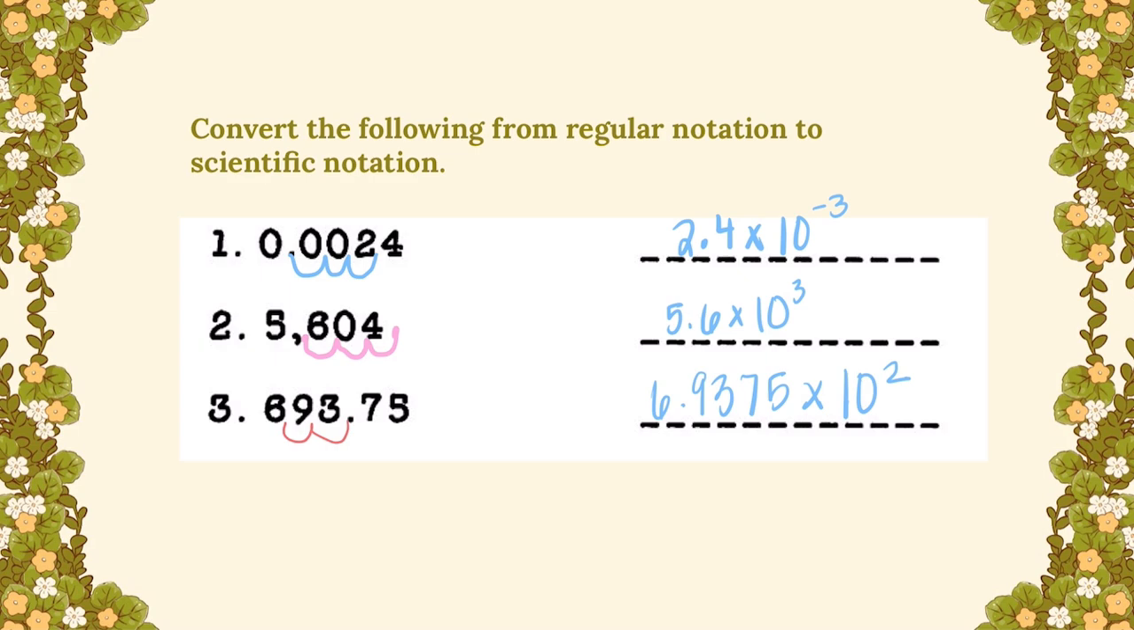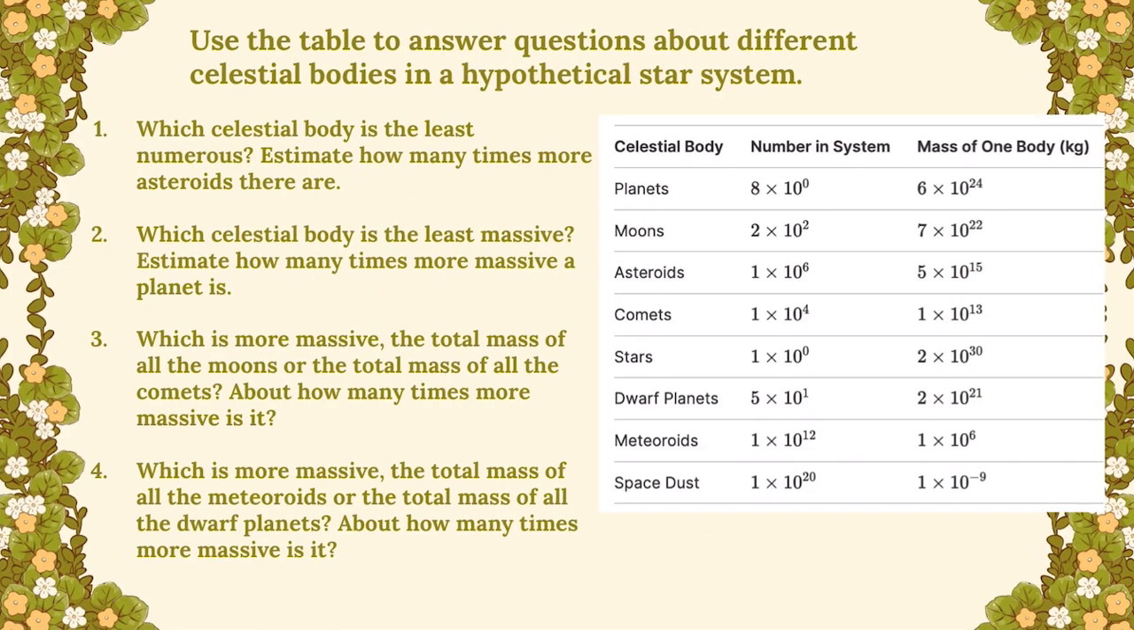Okay, so now we're going to look at some real-world examples. It says, use the table to answer questions about different celestial bodies in a hypothetical star system. The first question says, which celestial body is least numerous? Estimate how many times more asteroids there are. So the least numerous, we can see here, if we go to the number in the system, we're looking for